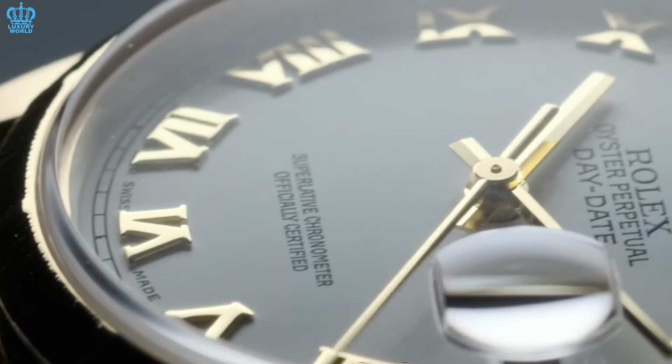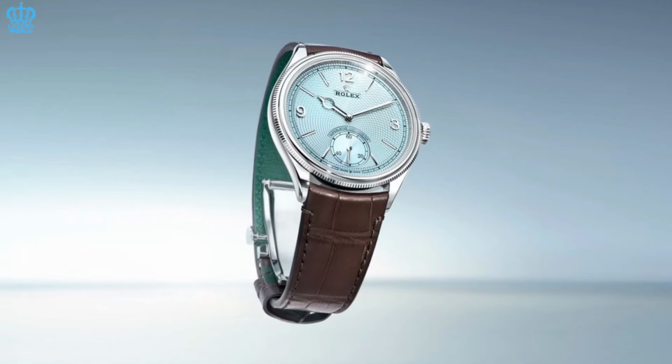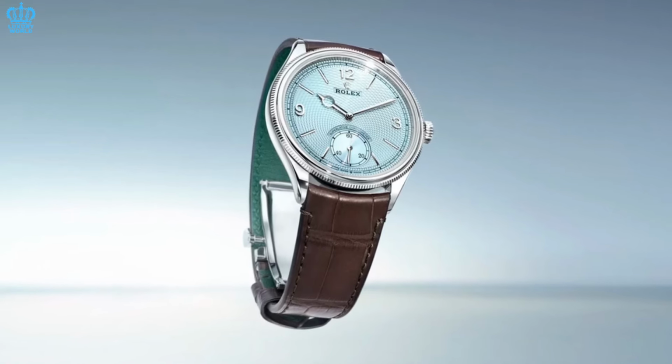We will be breaking down the average wait times and examining the factors that affect them. So, get ready to dive into the Rolex world and find out how long you might have to wait for